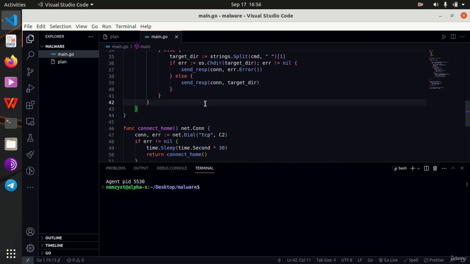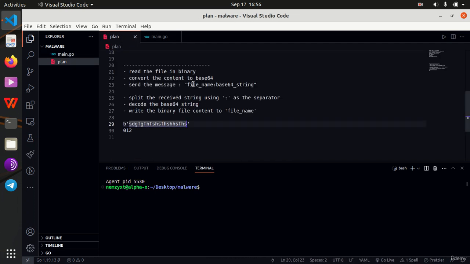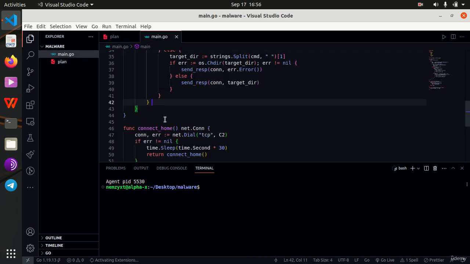Onto the code now. In the previous video, I had mentioned that we shall be including a colon in the message that we shall be sending to the other machine, bringing together the file name and the base64 string. So for our condition right here, I'm simply going to check if our CMD string contains the colon. So I'm going to use the contains function of the strings package. So if string dot contains